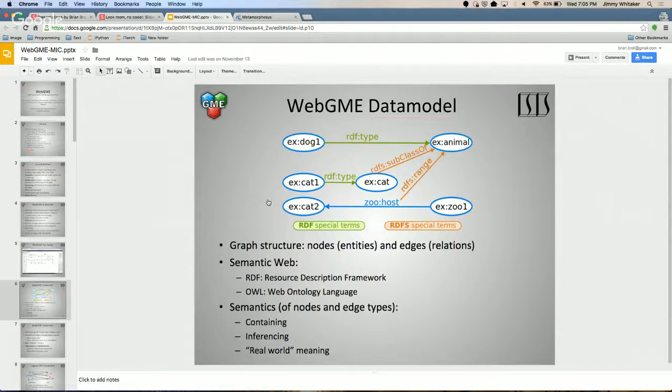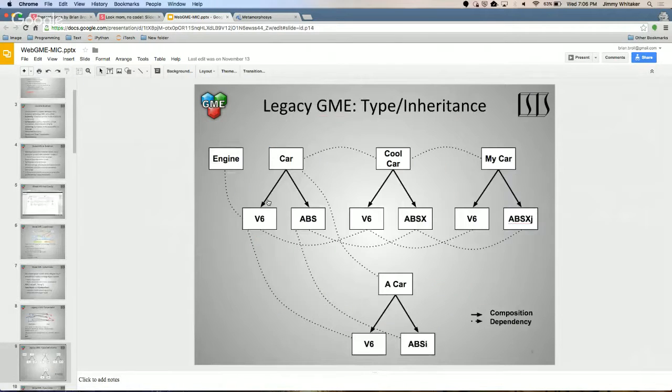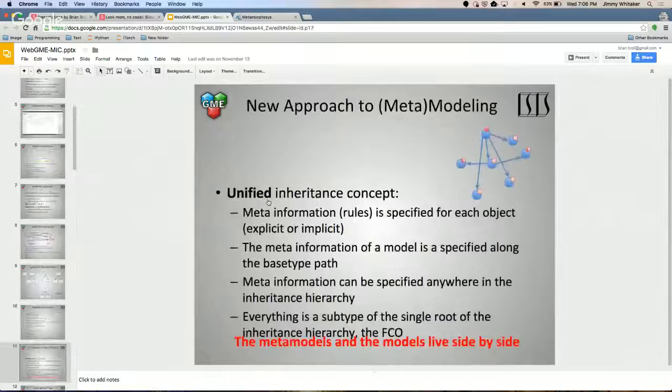For example, if you're doing something theoretically with medical capture robotics, you might have a model with 1,000 nodes or more, which would not be practical if you had to load all of those into memory, especially not at one time. So the WebGME provides a custom data model where they try to do a minimal amount of loading.